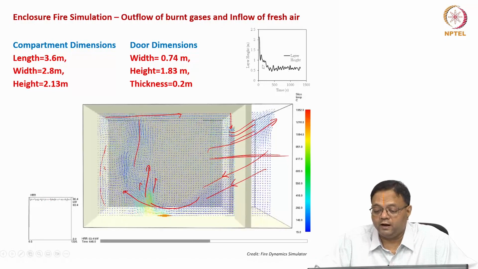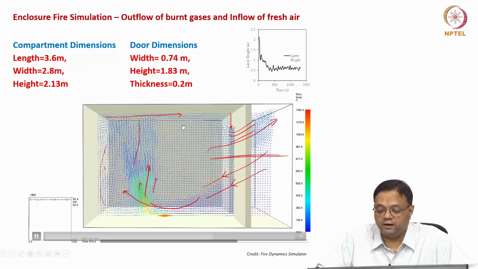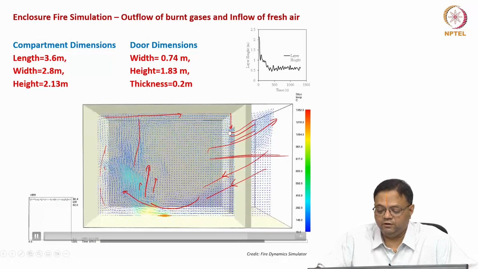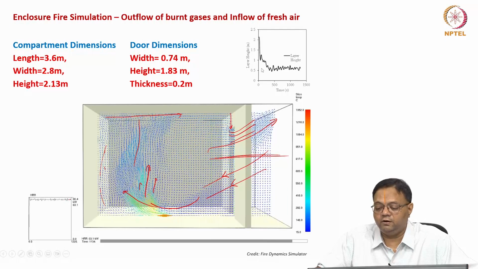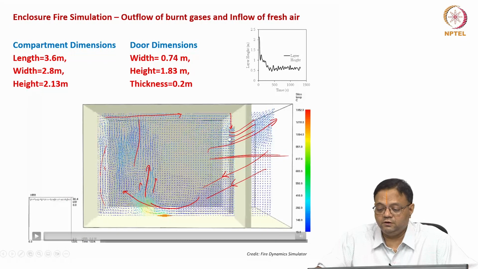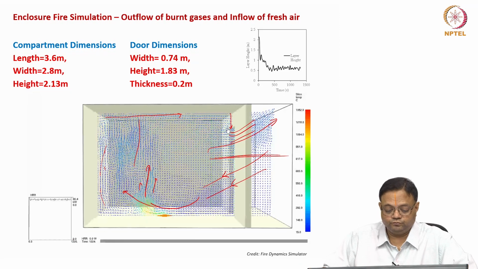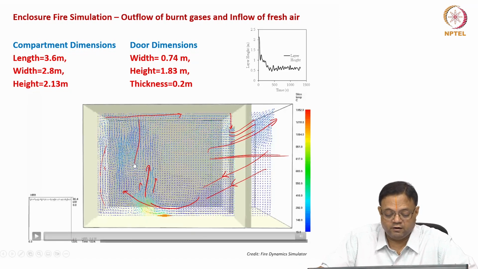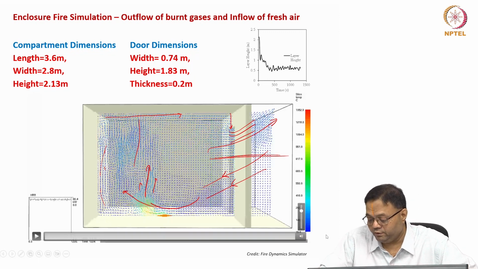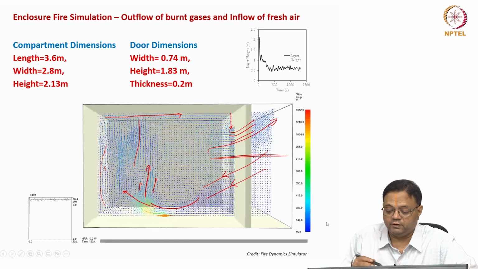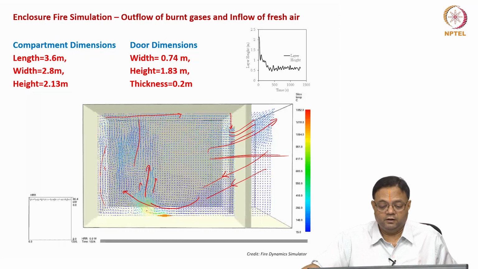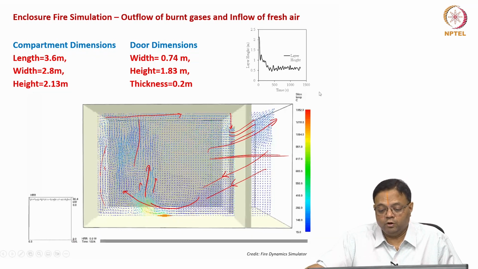Now the smoke layer height varies. Initially it is higher, then it tends to descend, then it becomes constant, because as the flow goes out, it becomes a steady layer at about say 0.5 meters, measured from the top. Here the temperature of the gases is colored in the vectors itself. For example, the blue color shows a lower temperature, about say 150 degrees centigrade, and the arrows with red colors show the higher temperatures. So here it is clear that for a steady, fully developed fire,